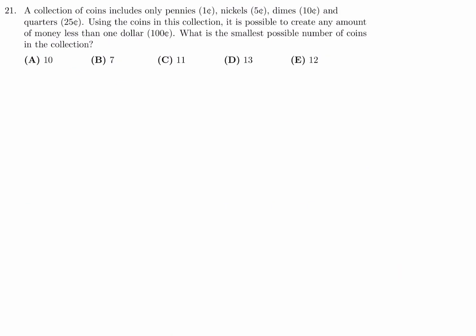A collection of coins includes only pennies, nickels, dimes, and quarters. Using the coins in this collection, it is possible to create any amount of money less than $1. What is the smallest possible number of coins in this collection? Well, to create sums anywhere, I guess, from 0 to 4, you need at least 4 pennies, right? That is mandatory. Then to create a sum anywhere from 5 to 9, you would need an additional 1 nickel,